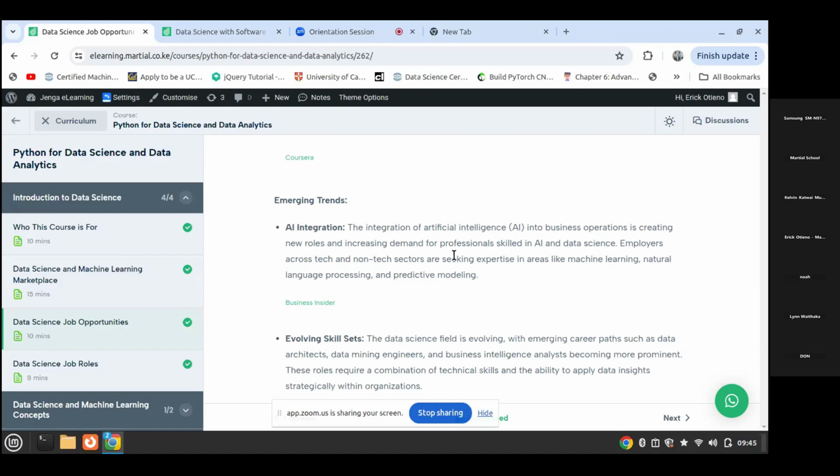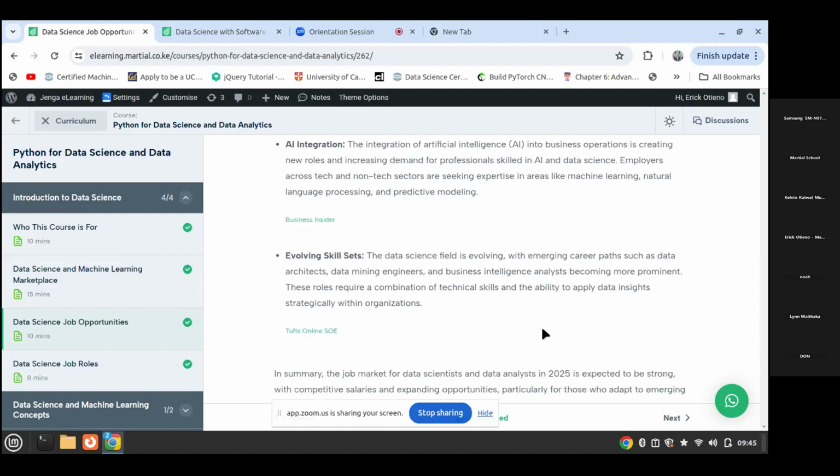Therefore, employers across tech and non-tech sectors are seeking expertise like machine learning, NLP, and predictive modeling. So most businesses are integrating artificial intelligence into their operations, and expertise in machine learning, natural language processing, and predictive modeling will remain very high.